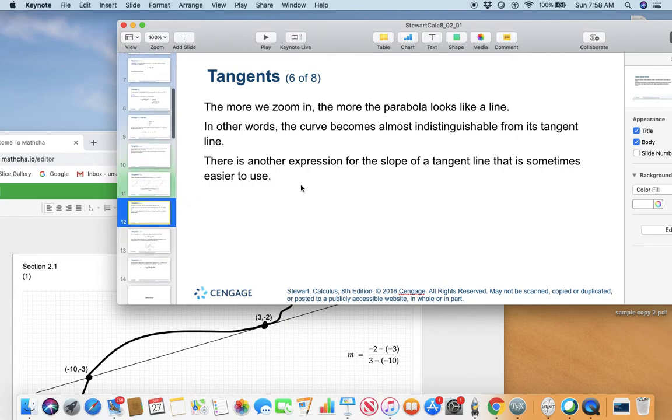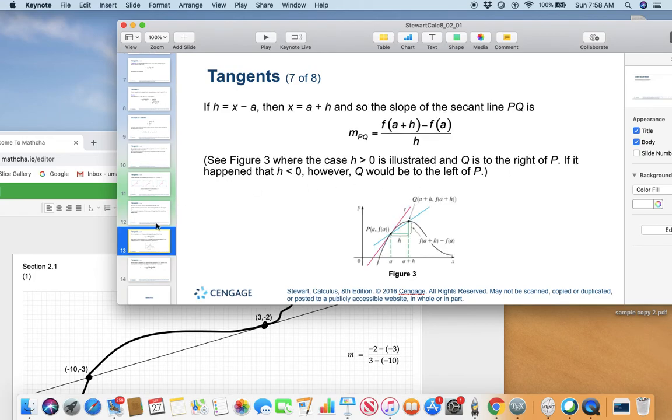There is another expression for the slope of the tangent line that is sometimes easier to use. Okay, so let's come to this slide in our next video. Until then,